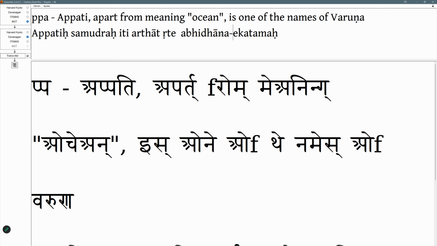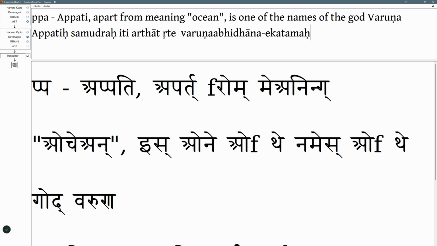Abhidhana ekatamah. One of the abhidhana. Or Varuna. I can put Varuna in genitive case, so ending in a, Varunasya. Yes, I can put it. Or I can put all in a compound. If I want to write of the god Varuna, I put a compound and I put